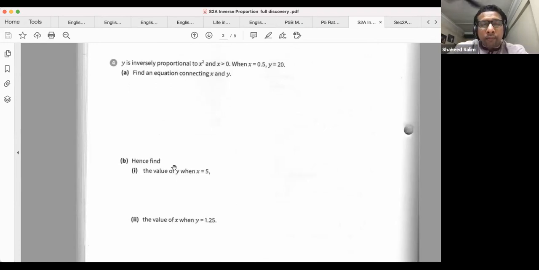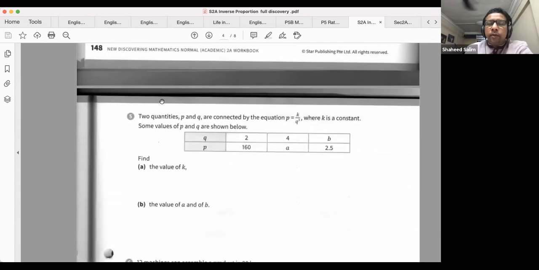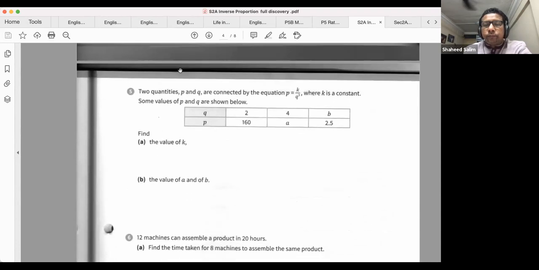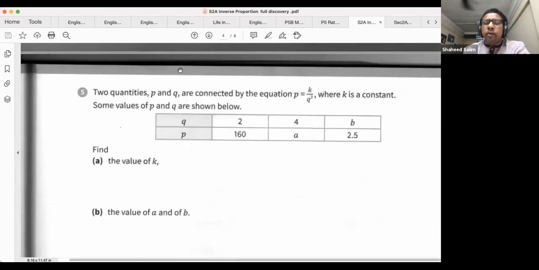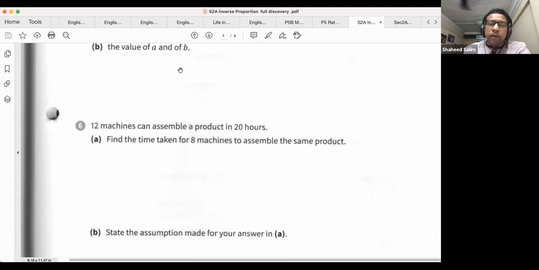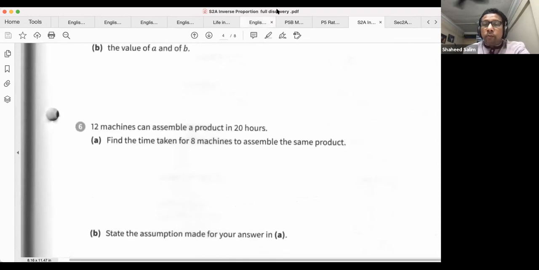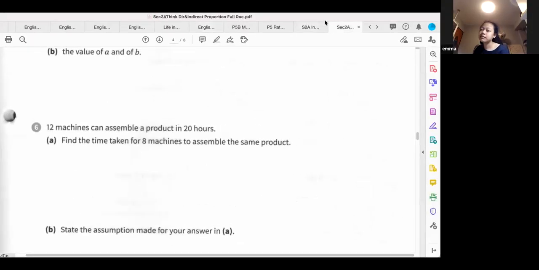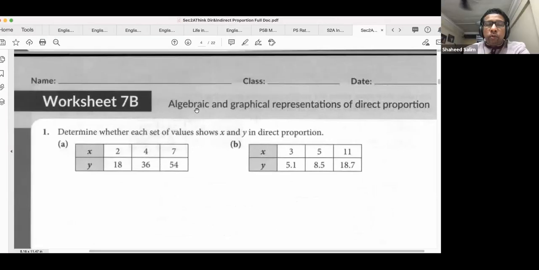Wait. No, this one not yet. This one. This is the same thing. No, this is Q squared. Okay, we go to the other one now. I need to shift. Okay, we go to